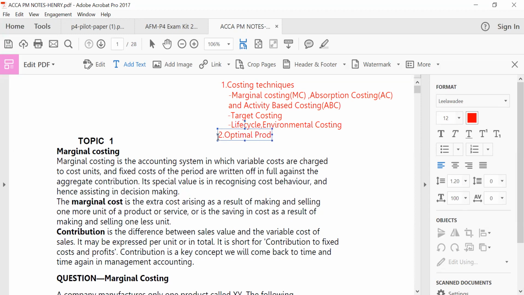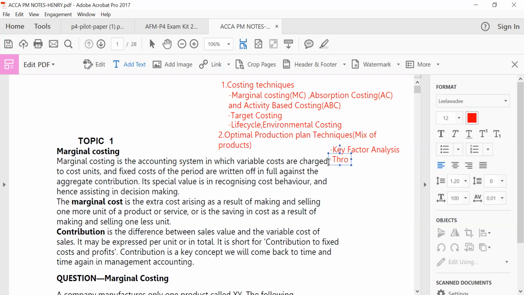Optimal production plan techniques. So when you talk about the optimal production plan techniques, it looks at what is the possible mix of product to produce. So mix of products. We have techniques like that. So what are they? We can talk about, first of all, let me just come here so at least we can talk about, first of all, key factor analysis. We can talk about the second,